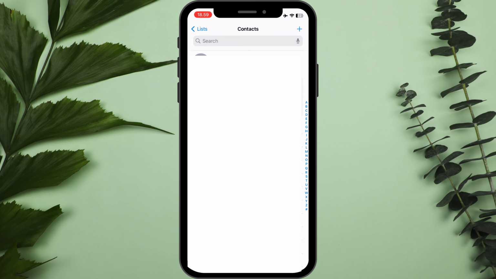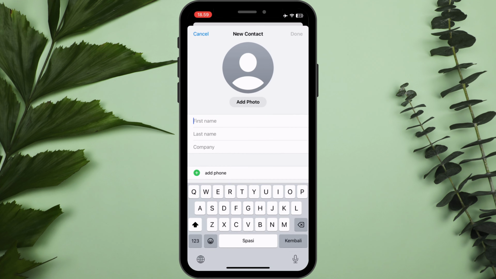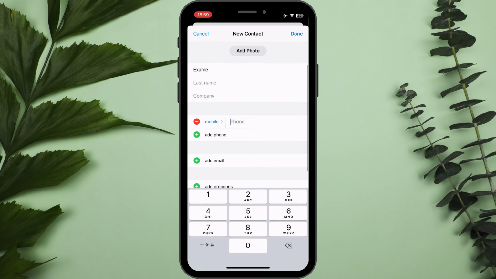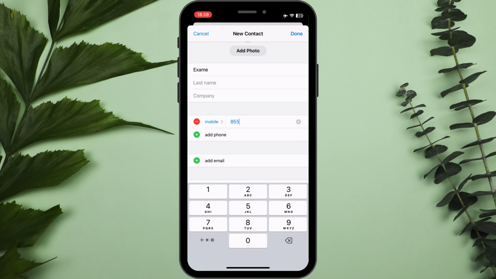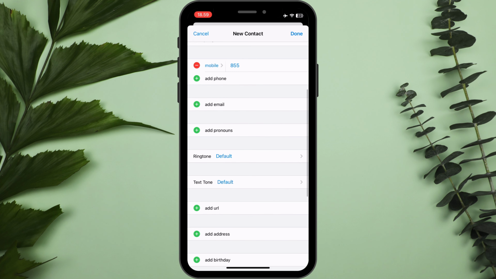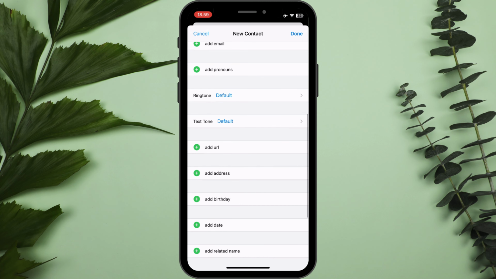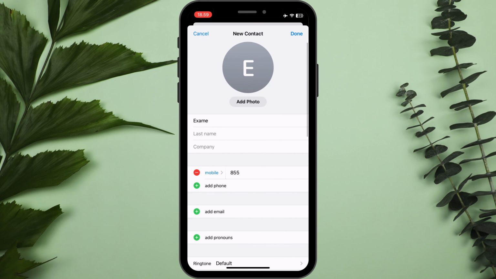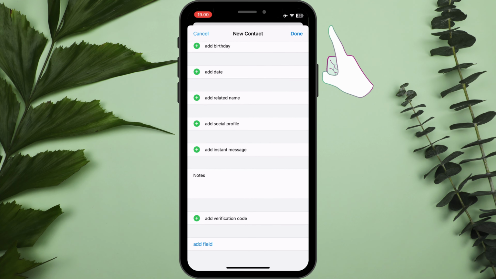and you want to click on this plus button on the top right of the screen, and you want to tap the name you want to add. And you can add the company and then add the phone number, and you can actually add email, add pronouns and others, but eventually you only need to fill in the name and the mobile phone, and you can tap done,